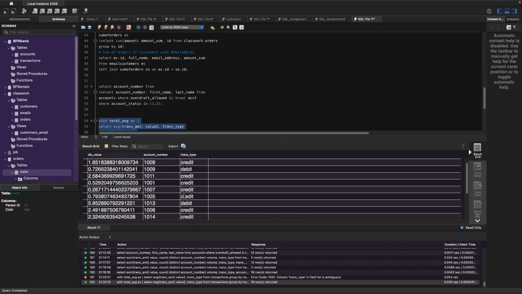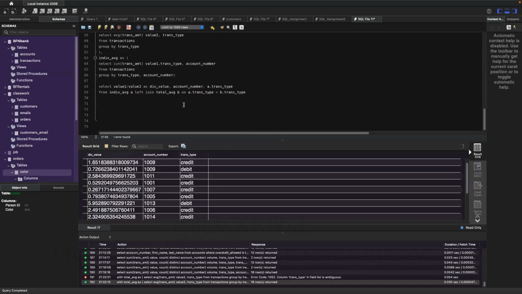Okay. So, this is very random, right? Whatever it is we're trying to achieve here. But you see how we are taking the average of credit transactions and then dividing it by each person's individual sum of transaction amount. So there are things like this where